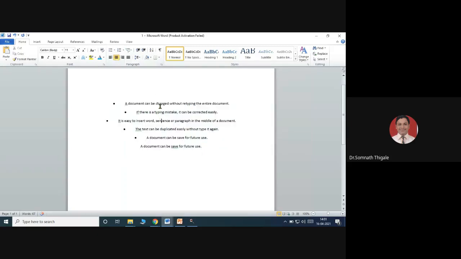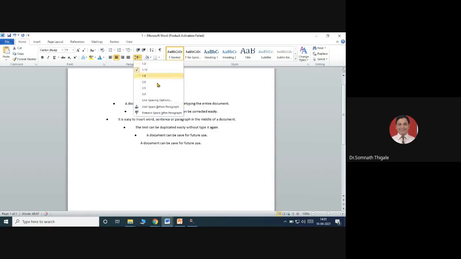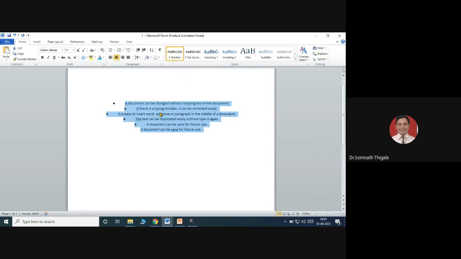Also, you can check the spacing. If you want to reduce it, you can bring the cursor down and remove space after paragraph. See, no spacing concept will be there.